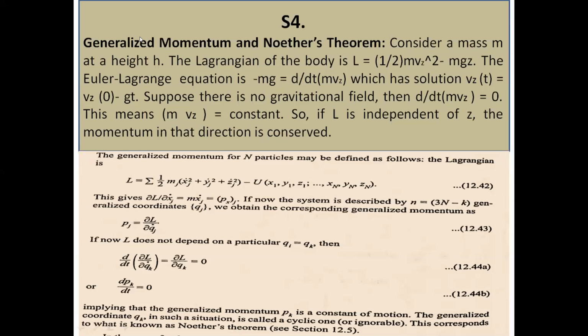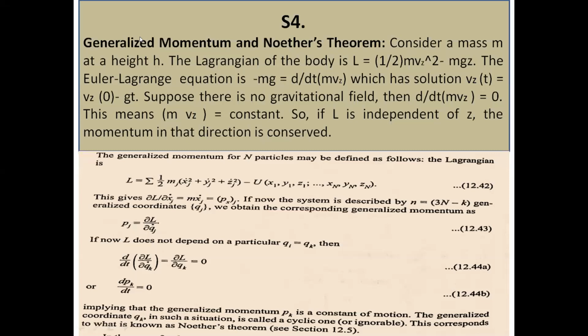Ground level I take to be the zero potential energy level, and the z direction I take to be the downward direction. So the Lagrangian could be written as half mvz square minus mgz, where g is acceleration due to gravity,